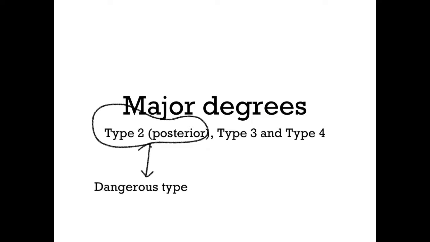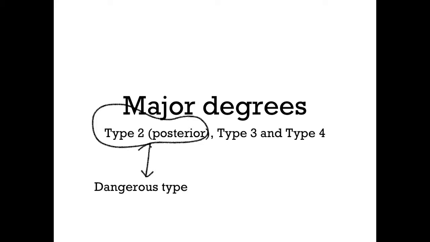Apart from that, you must also remember that type 2 posterior is also called the dangerous type of placenta previa. This is because in type 2 posterior placenta previa, the placenta is implanted in the lower part of the uterus on the posterior aspect. So that is where the sacral curvature is present. So already there is less space in the uterine cavity in that area. So if placenta is getting implanted over the sacral curvature area, the space in the uterus is further compromised in that area. So during labor, what happens is that the head of the fetus will not be able to descend through this very narrow space.